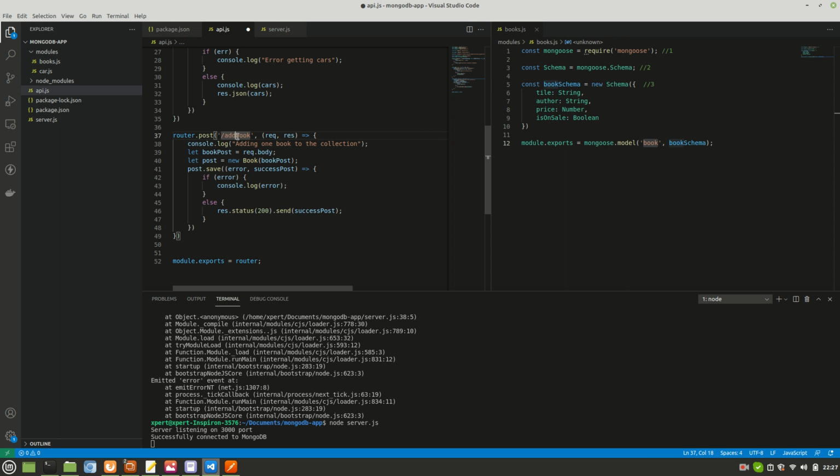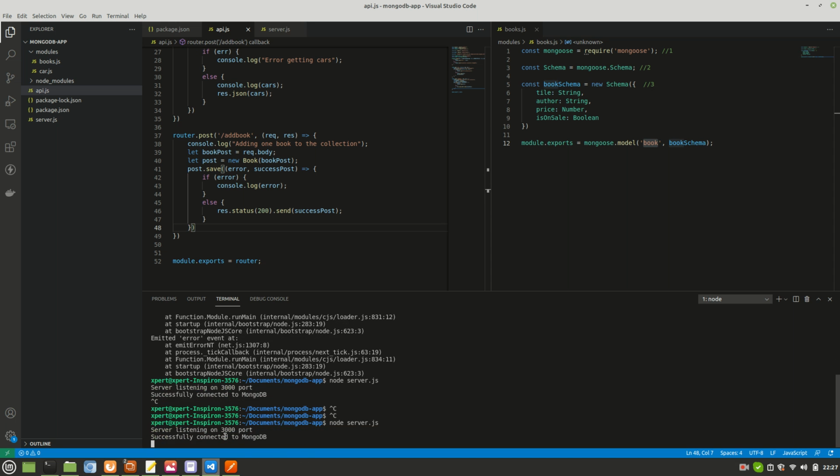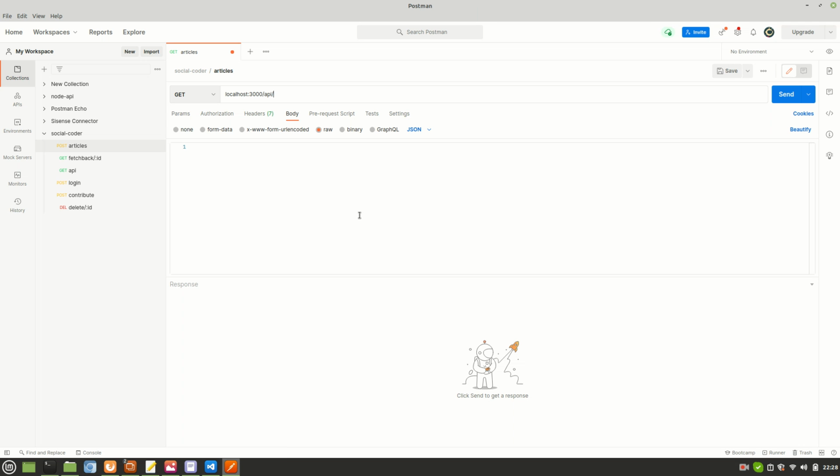We'll be using this only. Save it and rerun the server. Connected. Go to Postman, and the same endpoint I'm going to hit. Now this will need a body. Okay, body, and I'll just call it raw.